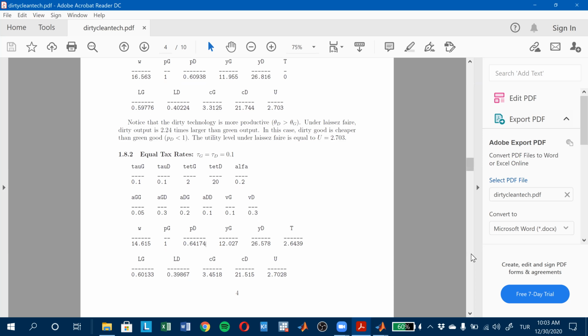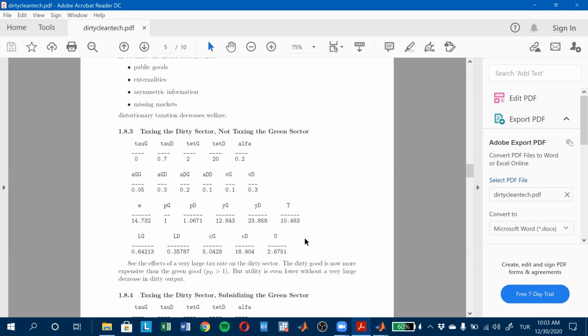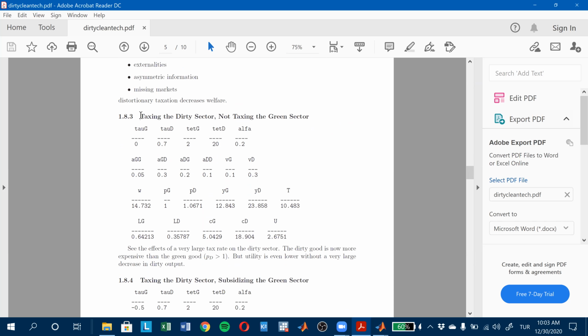Now, if you play with it, now what do we see? Now, we tax, in this example, only the dirty sector, and we are not going to tax the green sector, okay? And we're going to put a huge tax rate on the dirty firm, okay? This is a huge 70%, all right? So I really want to decrease the dirty output, okay? I heavily tax the dirty sector, the dirty firm, and now